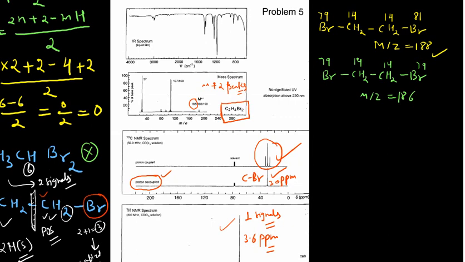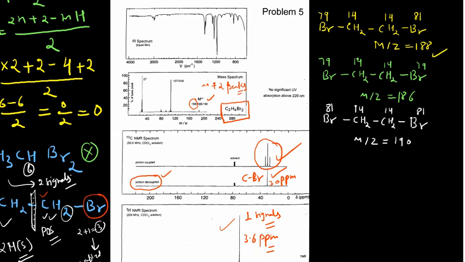And the last possibility you may have is Br, CH2, CH2 and Br again, and both could be 81. You know 14 is there, and 14 is there, and if you add all of them, this will give you an m/z of 190, and you have the peak at 190. So this is quite characteristic of a brominated compound. This is the diagnostic region. You can focus on this one.